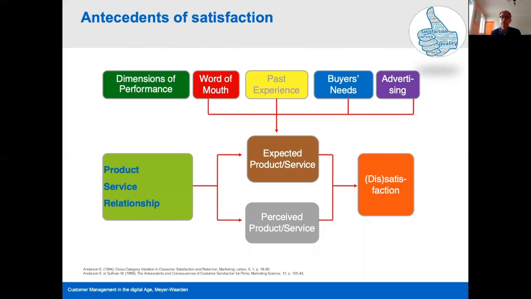And last but not least, there are our needs, the buyer's needs. So the higher the needs, the higher the expectations. If we book a room for a honeymoon or for a holiday trip, we clearly have higher expectations than if we book it only for one hotel night. If we want to stay only one night, it is less important what we perceive for this night. So according to buying situations, according to buyers' needs, customers have given expectations.